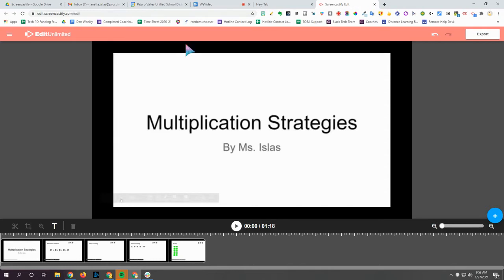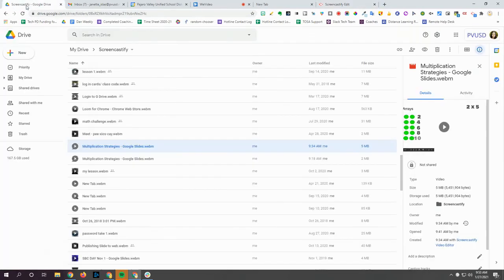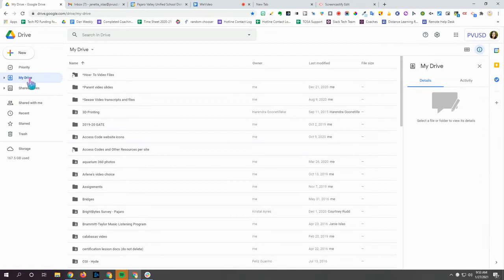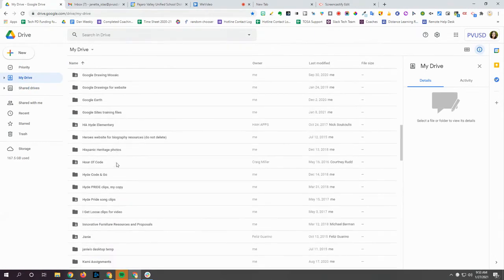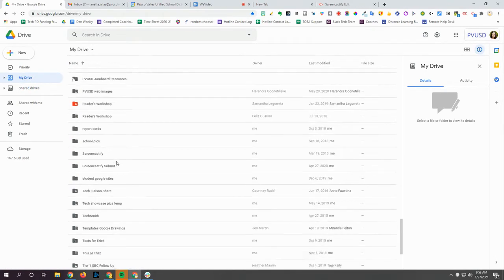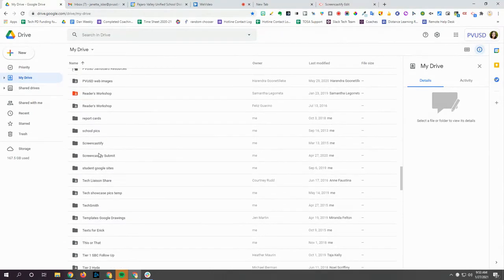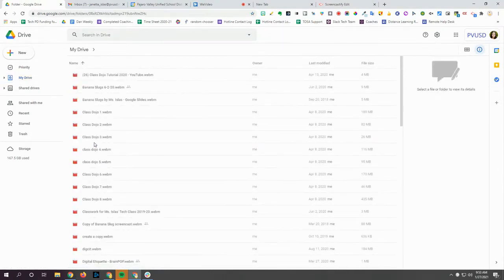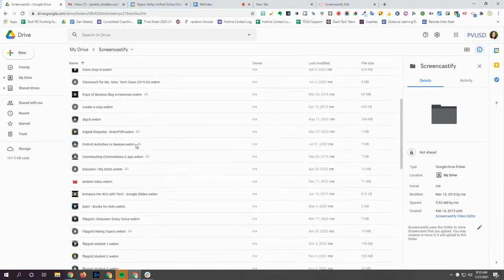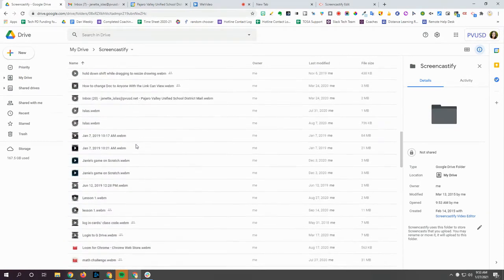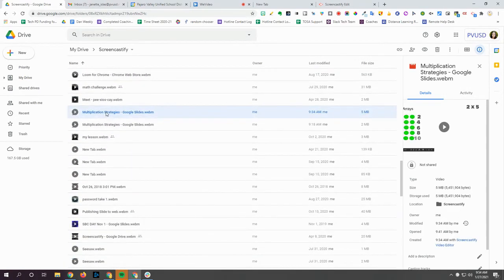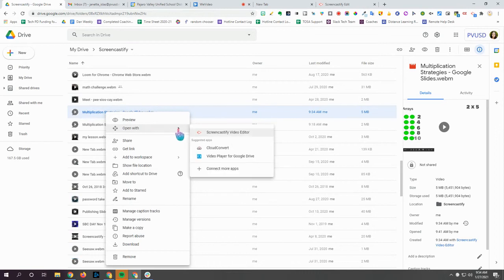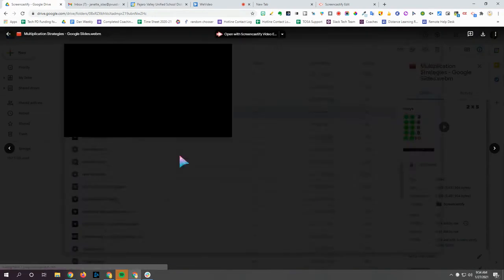And there's one more place that I could find that editor, and that would be in my Google Drive. So you should have in your My Drive a folder that automatically gets created for you called Screencastify, and that's where all your screencasts will automatically go. And so mine was called multiplication. So here we are. So I could either right click on this and then select open with and select Screencastify Video Editor, or if I double click on it,